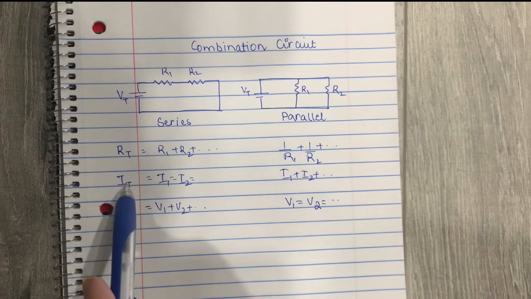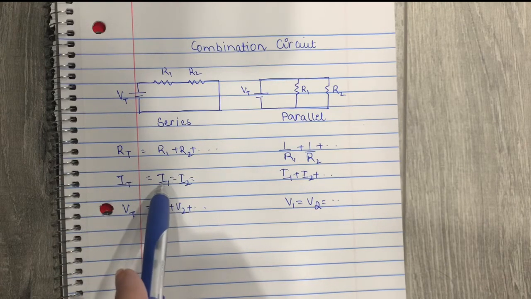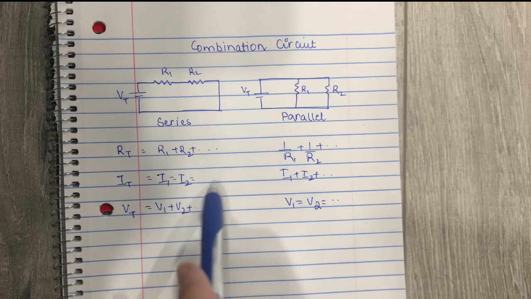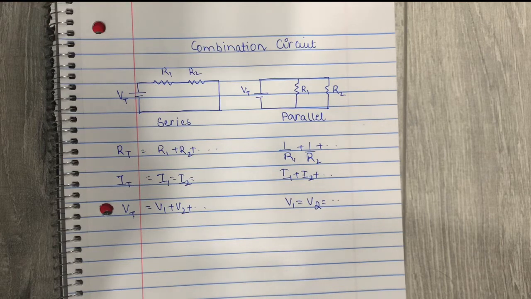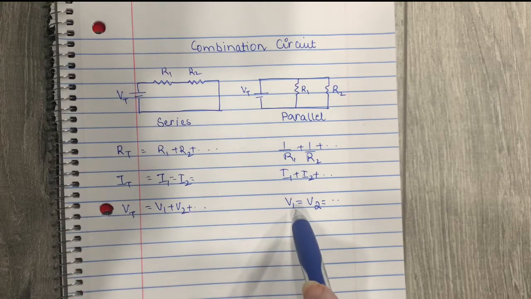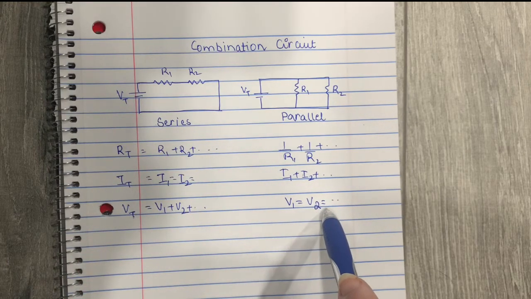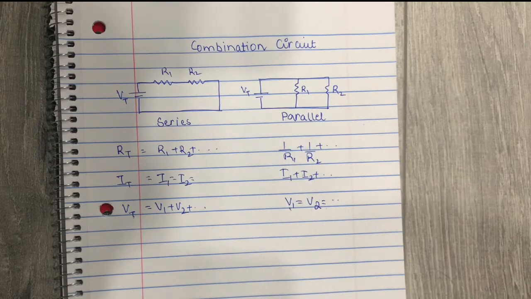Similarly, the total current in a series circuit was the same as the individual currents flowing across each of the resistors, and in a parallel circuit it used to be a sum of them, and the inverse used to be for the voltages. That is, the total voltage used to be the sum of individual voltage drops across each of the resistors in a series circuit, whereas the individual voltage drops used to be equal to the total voltage in case of a parallel circuit.